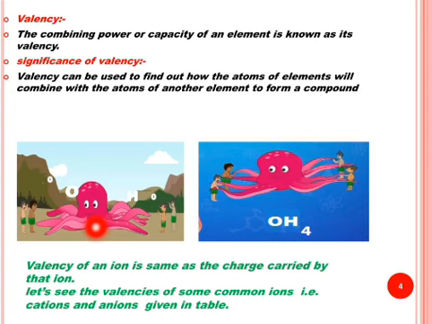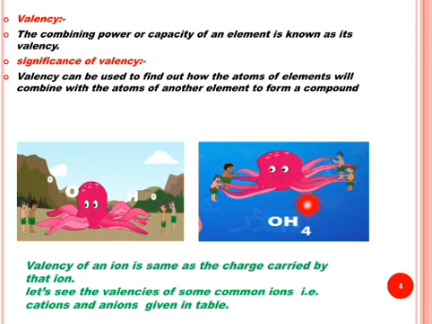Now students, if one octopus has to catch hold a few human beings in such a way that all its 8 arms and both two arms of human beings are locked, then how many human beings do you think this octopus can hold? Yes, you can see from this picture that there are four human beings, each with two arms, holding the eight arms of the octopus in this picture.